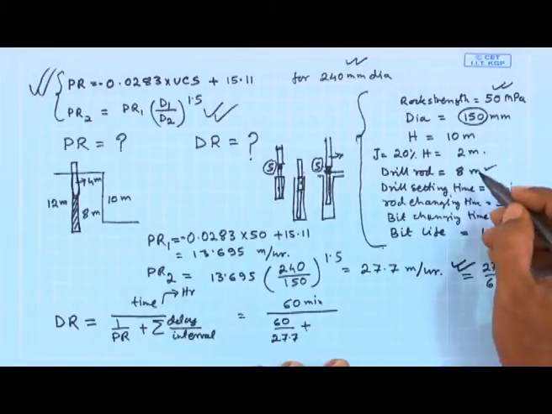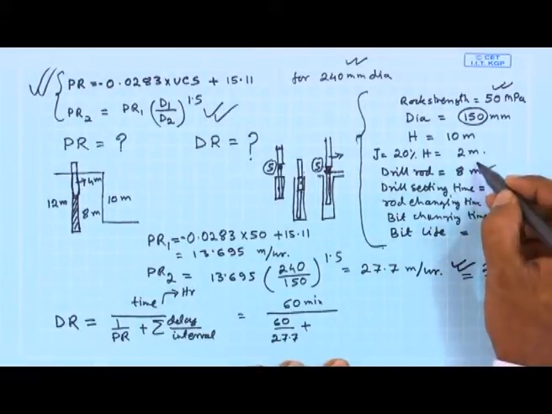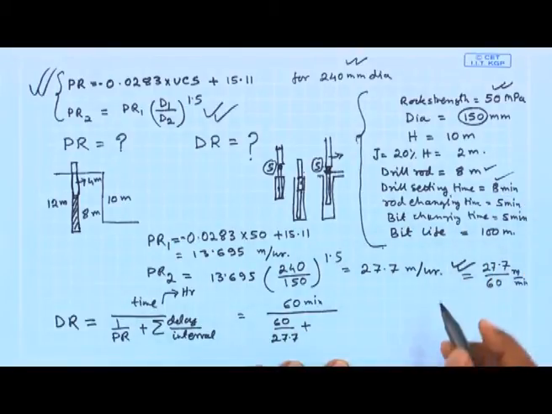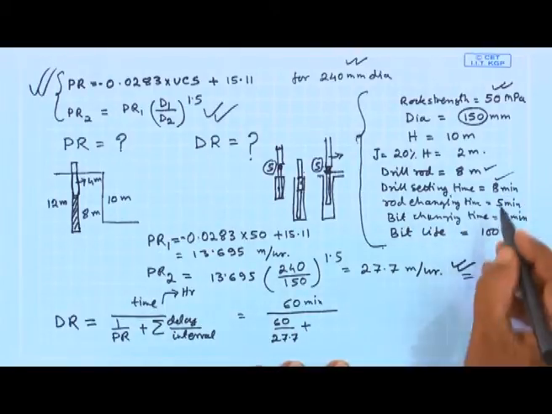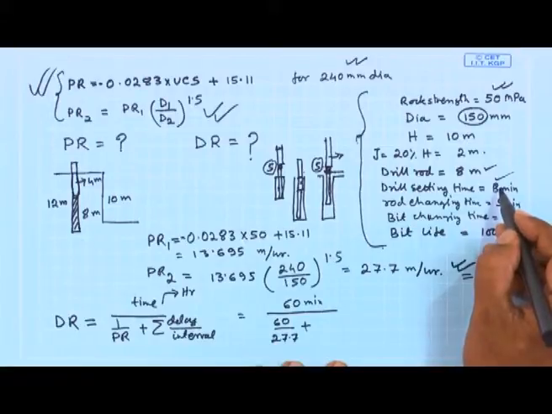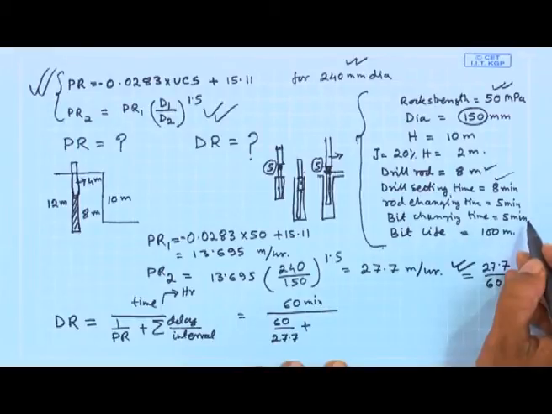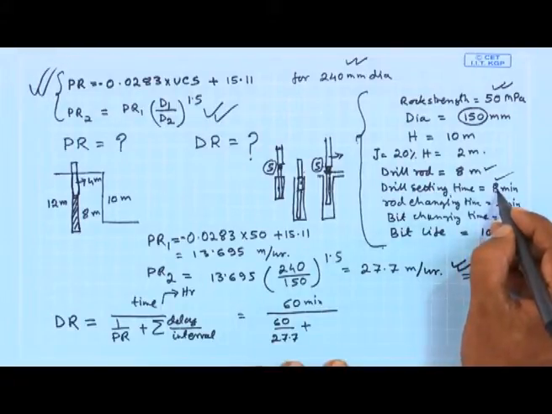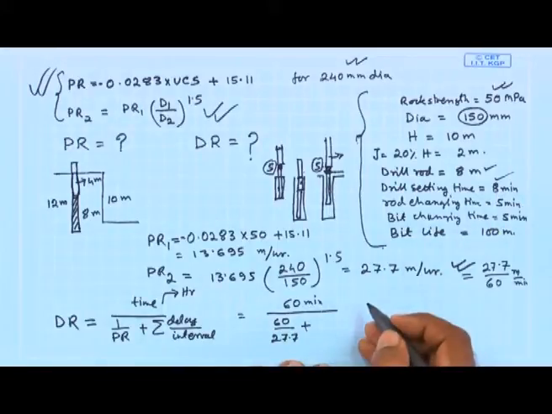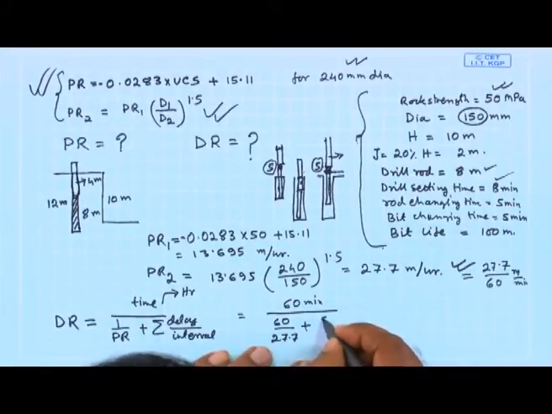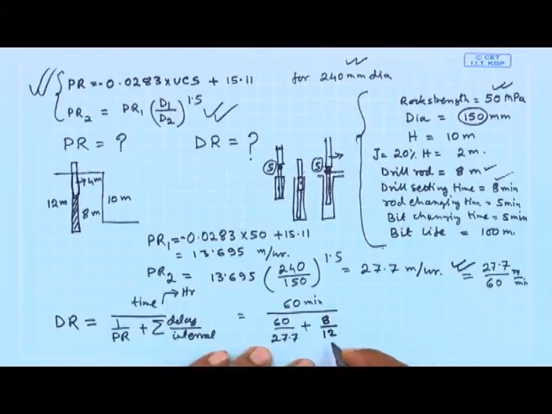And as we know our delays are like this. We are having one delay, which is of setting, drill setting, and that is 8 minute, and setting has to be carried out in every 12 meter of drilling, because from one hole to another hole we have to move. So, this 8 minute delay time is required in every 12 meter of drilling length. So, that means, the delay for setting is 8 minute by 12 meter.